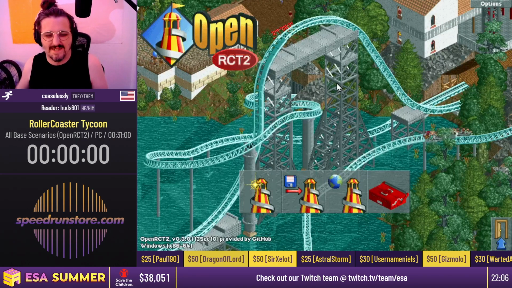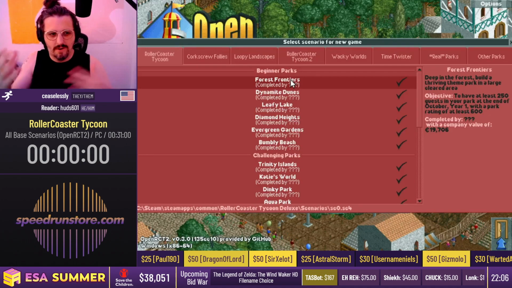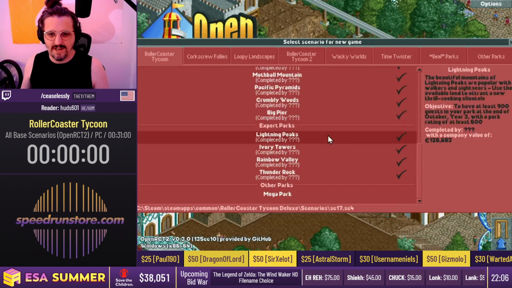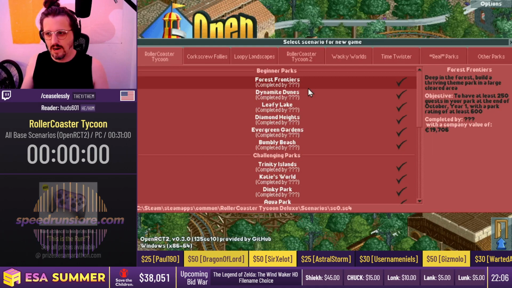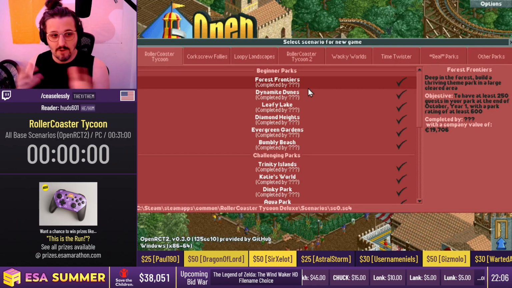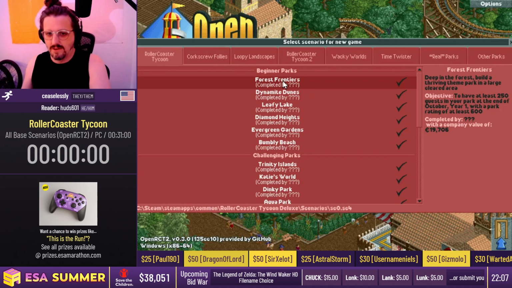I am looking forward to this, I'm very excited. I'm Ceaselessly, this is RollerCoaster Tycoon 1 all-based scenarios. We're going to be defeating all 21 of these scenarios in RollerCoaster Tycoon as quickly as possible. I'll kind of explain how we're going to do that as we go. We're using the OpenRCT2 remake of this game, so you're going to see some fun things. I'm ready to get started, so time can start in 3, 2, 1...